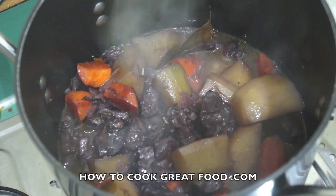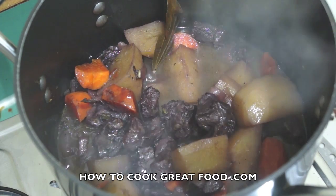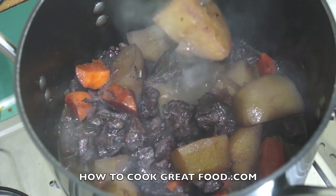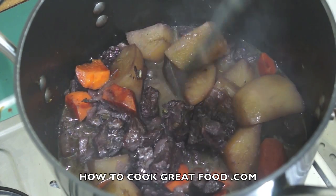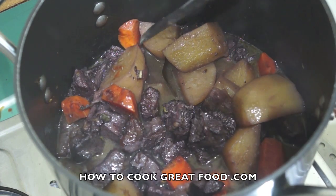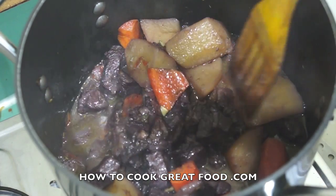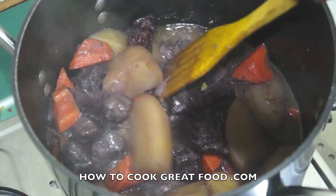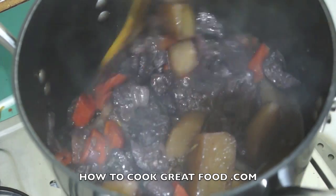Okay, I've just turned the heat off. Our potatoes, they're not falling apart yet. Yeah, but they're not coming out now. Oh, they are, look, there you go. Off they come. They're beautifully soft. That meat's nice and tender. Our carrots are nicely cooked now, as you can see. It's reduced a little bit, so it's not like a big soup, this. It's got some moisture to it, but it's still nice and chunky in there and just wonderful,